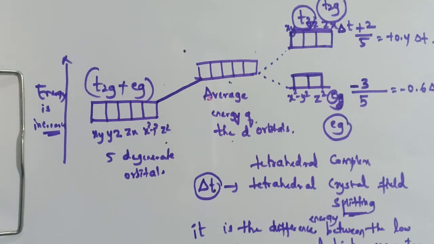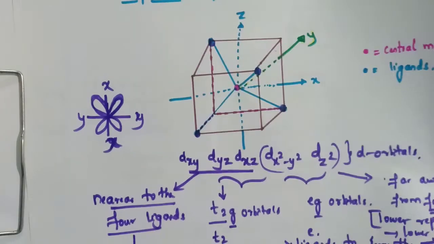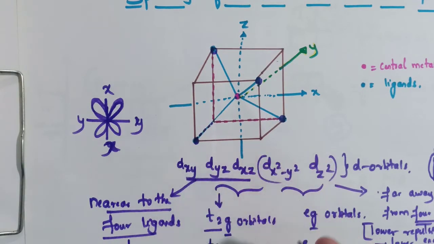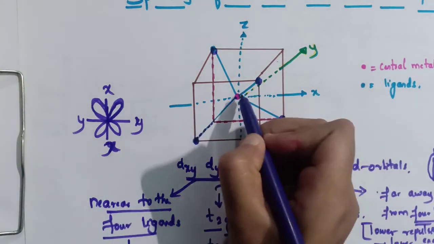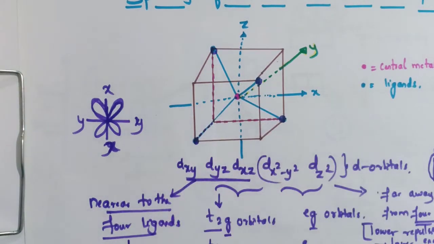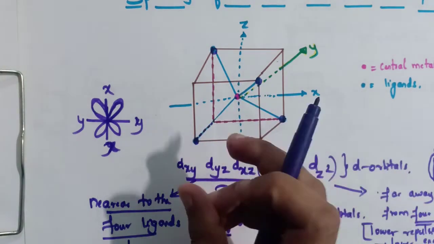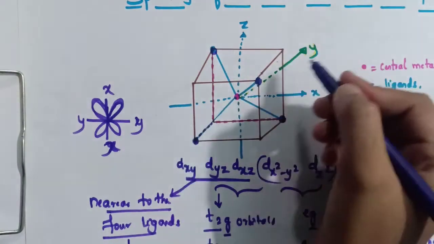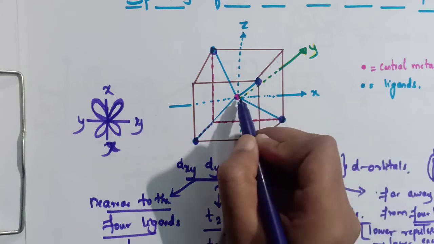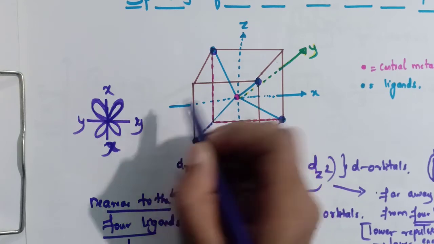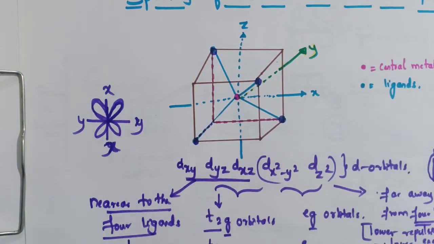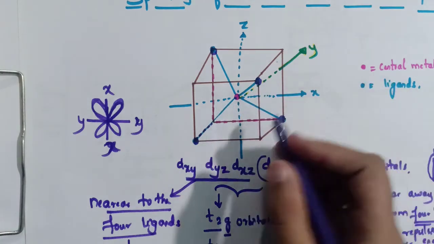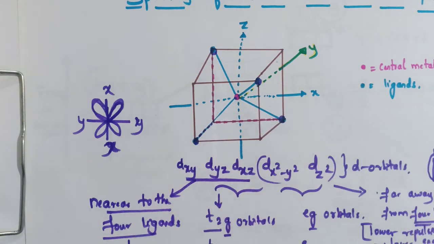Now let's take a glance at what we have learned so far. See here, it is a tetrahedron placed inside a cube. It is a cube. Here is a central metal atom, and these are the ligands. Here these ligands are situated in the four corners of the cube, and draw the XYZ axis. This X axis should pass through the center of the cube, that is central metal atom, and touches one of the faces, and Z axis should pass through the central metal atom and touches one of the faces, like this. These XYZ axes are passing through the center and touching one of the faces.